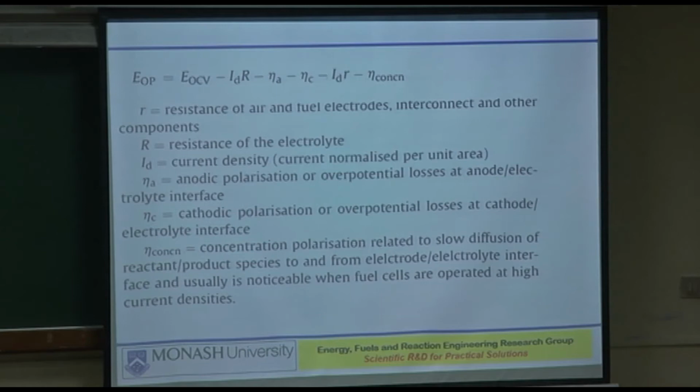Then there will be resistances at the anode electrode interface. Electrode will be in the middle, anodes will be on the sides. There will be similarly losses at the cathode electrode interface, and then depending on the type of the electrolyte that you have, the ions may find it easy or difficult to diffuse through them to go from one electrode to the other, and therefore those will be accounted for. That resistance will be accounted for by that concentration polarization